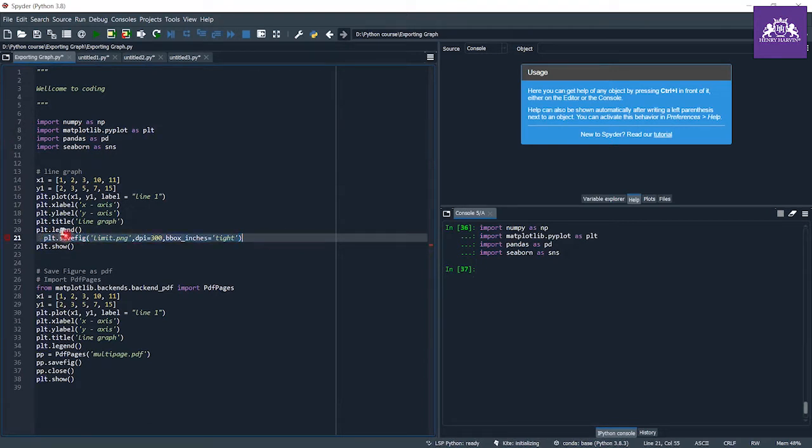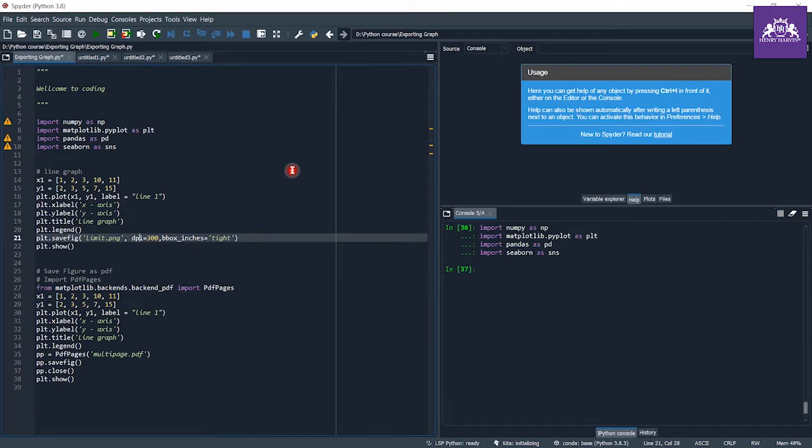plt.savefig. By using this function, we can save our plot in this path directory, and this is the name of our file. We can change the file name as JPEG or SVG, any you want.